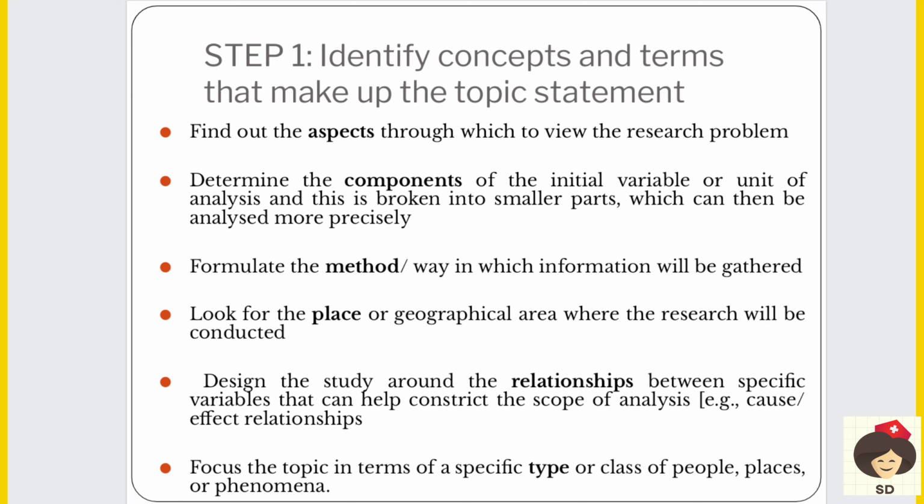Then we have to identify which method or way I will be performing the study. Some studies are descriptive type, some are comparative type, or some are experimental type. According to the researcher's knowledge and ability, you will find the way to do the study. Then you have to look for the geographical area, that is the place where I am going to do the study. As I already said, the world is a very big place and we cannot do the study in the whole world, so we have to specify the place where the research will be done.